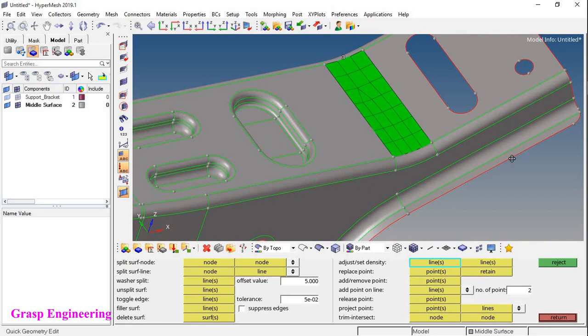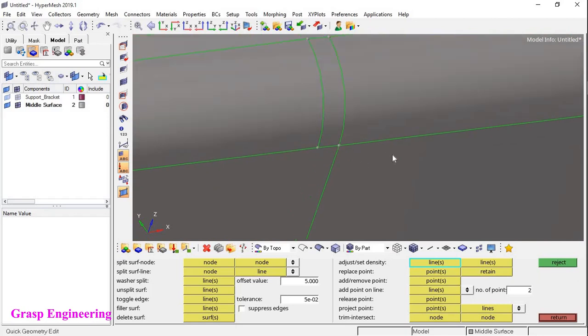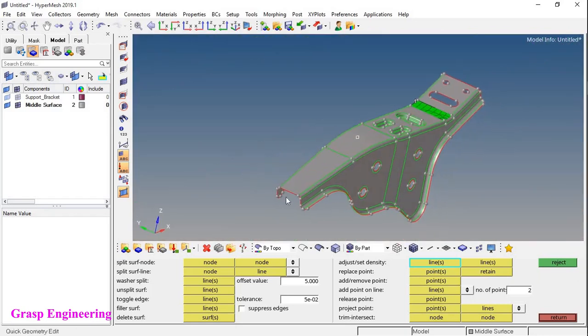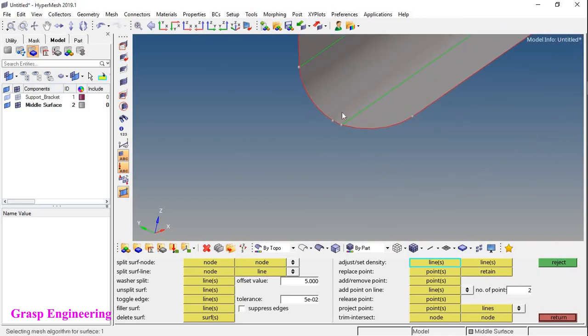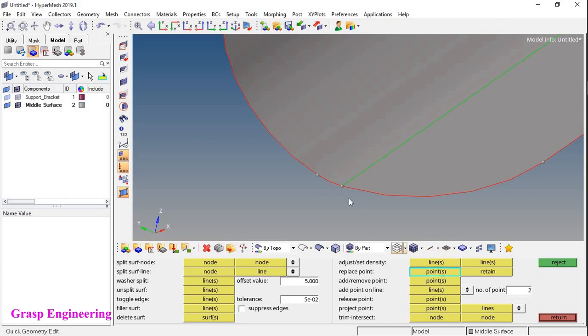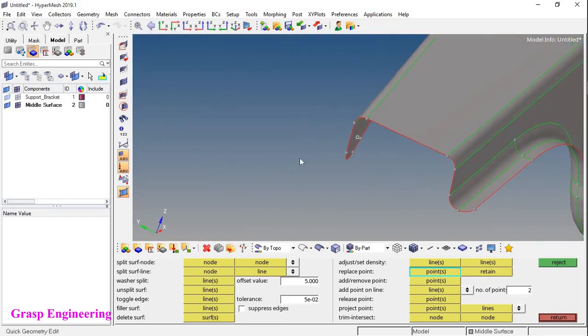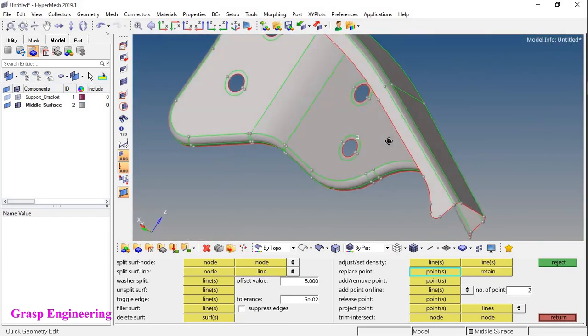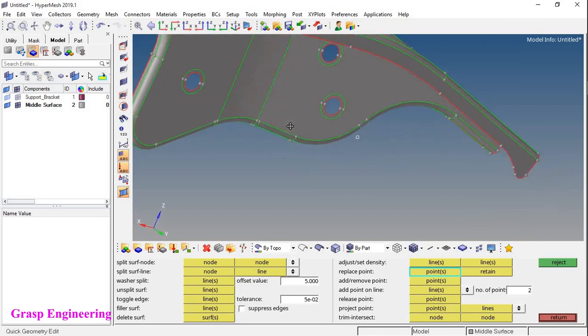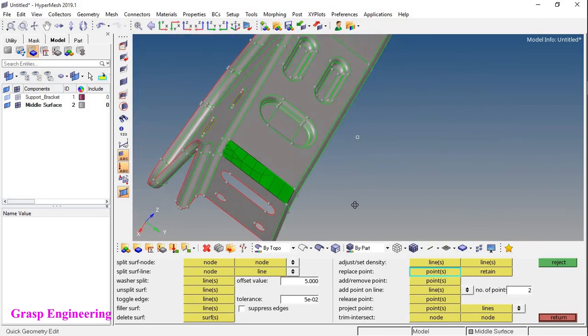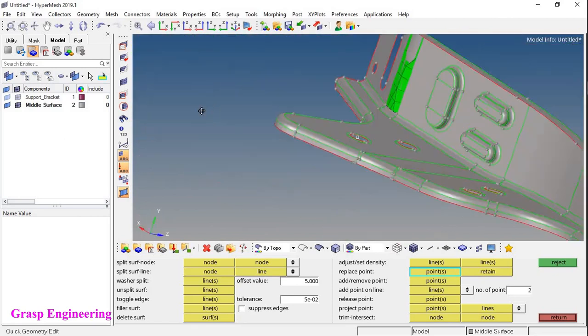Now the next option, as we discussed, is in order to shift the respective points. Now you need to check in your geometry where extra points are created, which are not needed, as we can see here in this situation. If you mesh that, it will unnecessarily create a small element. So in that case you can use this replace point option. Select this point and you can replace it with this respective line. Now we can see that we have removed that respective node. Now you can check if you have similar nodes created somewhere in the geometry, then you can easily toggle them with the help of this option.